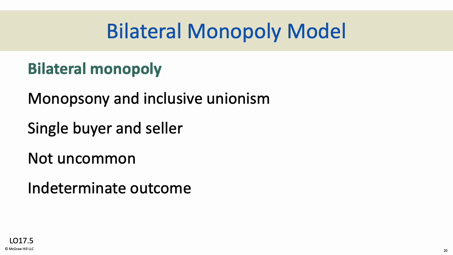A bilateral monopoly occurs when there's a strong industrial union in a monopsonist labor market. In this case, you have both a single buyer and seller of labor, and the effect on wage rate is indeterminate since it will depend on which party has the greater bargaining power. Back to professional sports, all the players have a union. Football has the Players Association, same with baseball.